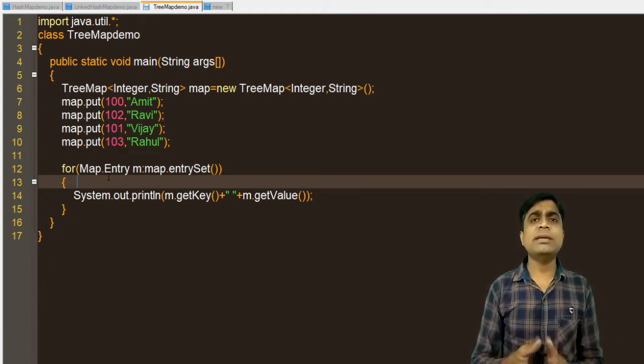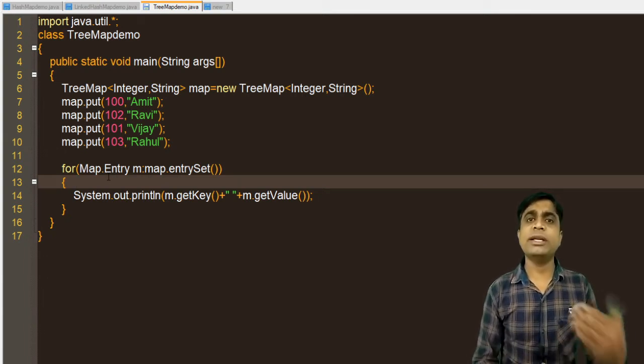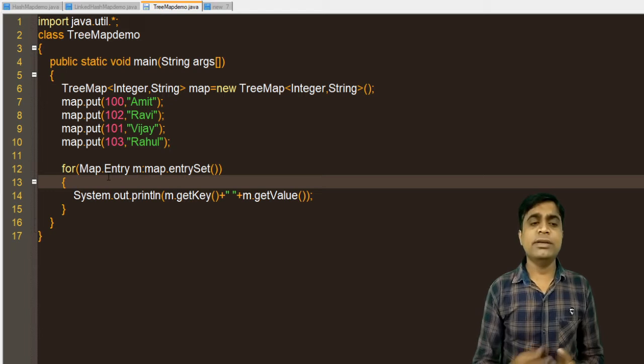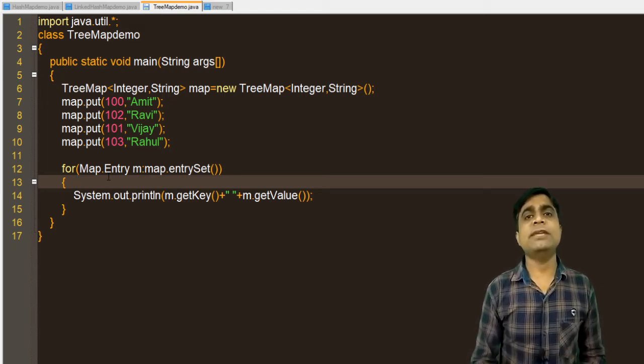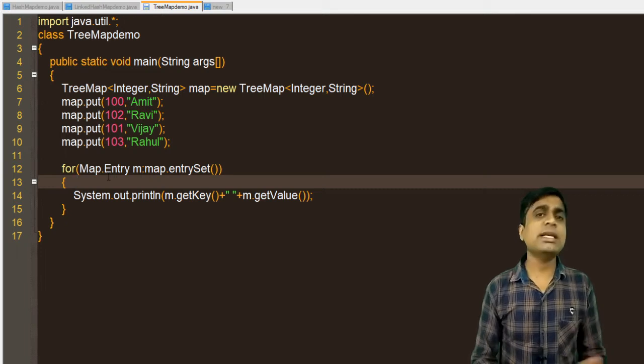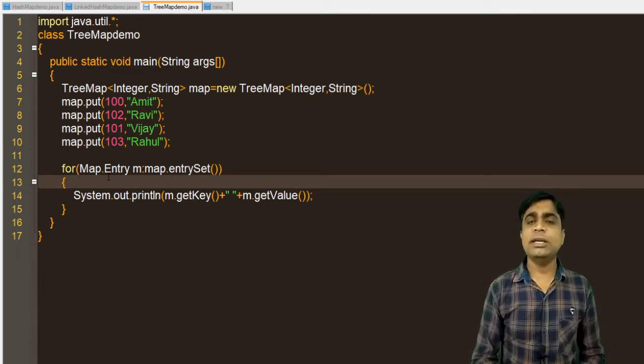The functionality of the tree is that you can display in ascending order or descending order, if you want to print the data in a different manner. That is the main functionality of the tree. Once again, I am not explaining all the different methods of the TreeMap, I am just giving a simple example.